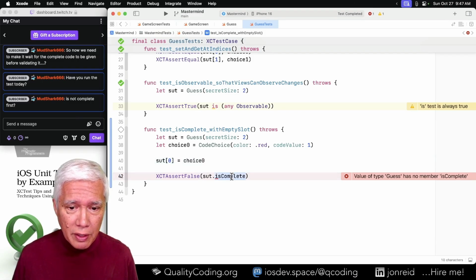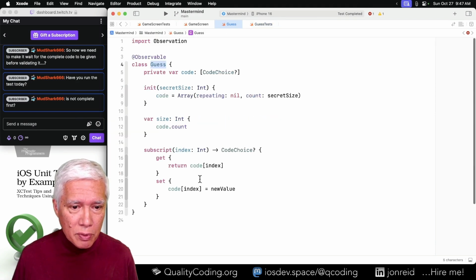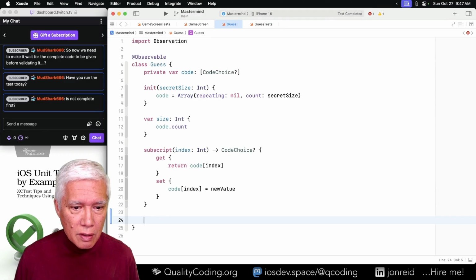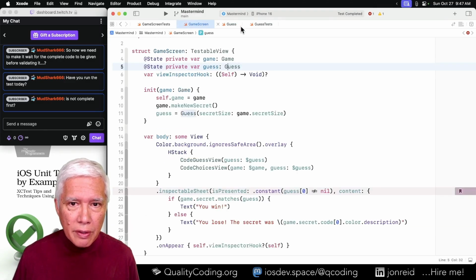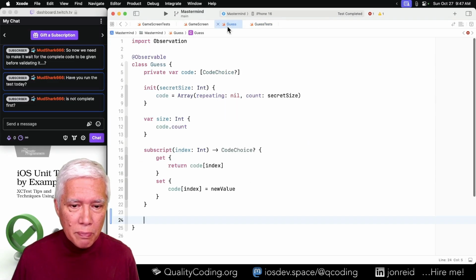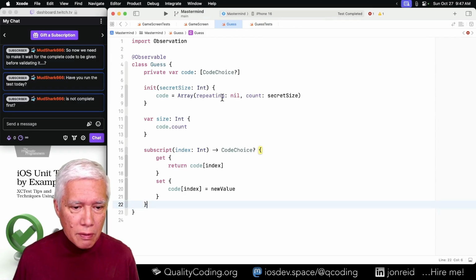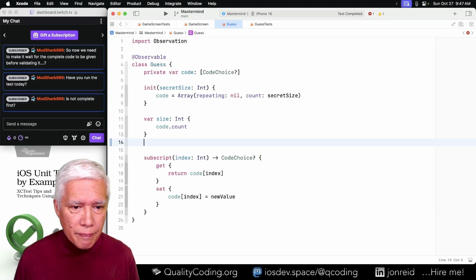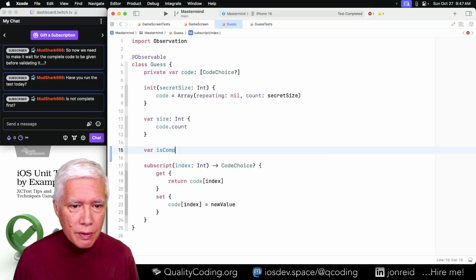So we want an is complete method that is a Boolean. It's not a method. It's a property. So it's a computed property. I like properties up higher.